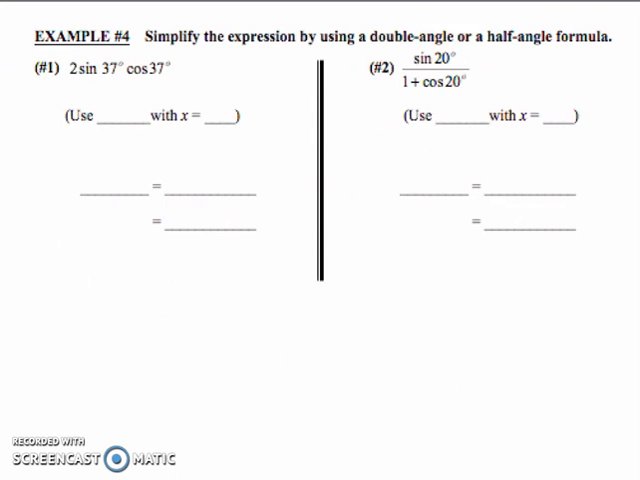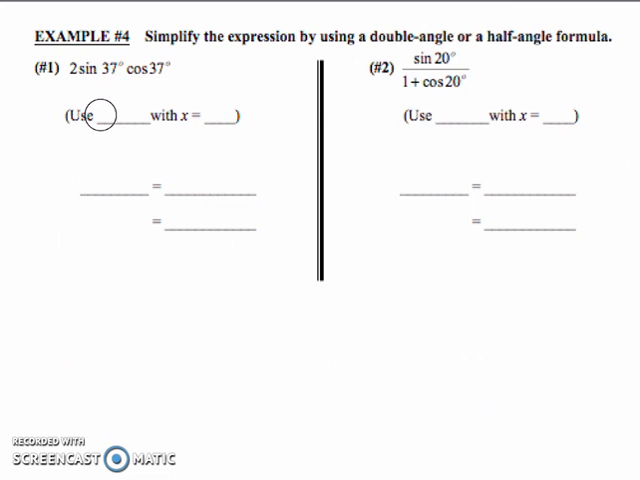The next two examples that we're going to look at are similar to examples that we did in our previous section, 7.2, where somebody has given us numbers plugged into one of our formulas. We have to figure out which formula it is and kind of work backwards, okay? So when I look at example number 1, it says 2 sine 37 cosine 37. Well, to me, that looks like 2 sine x cosine x, which is our formula for